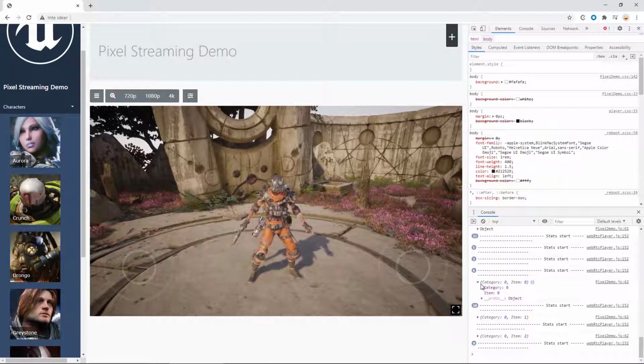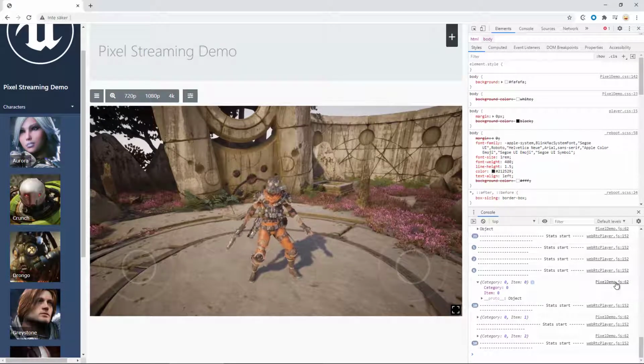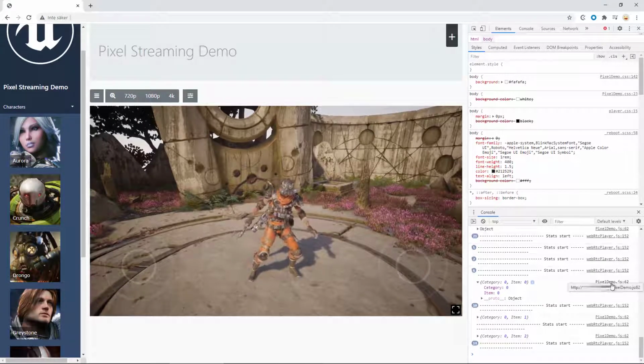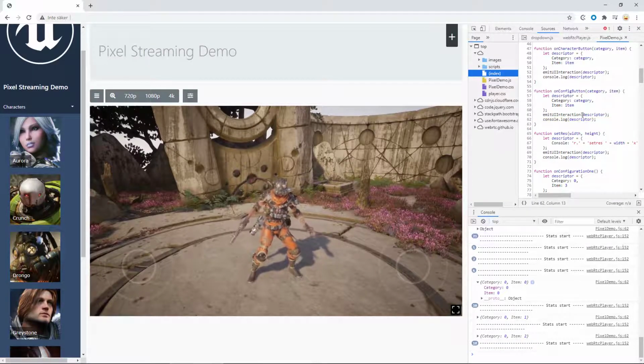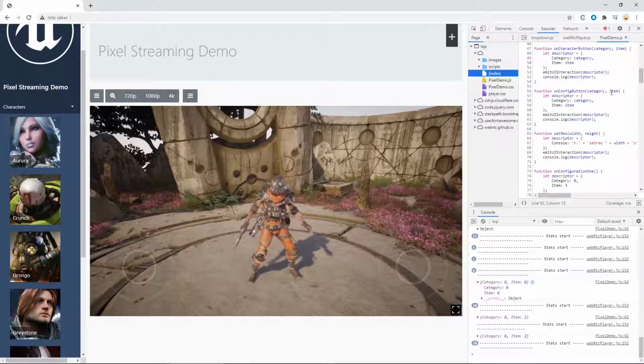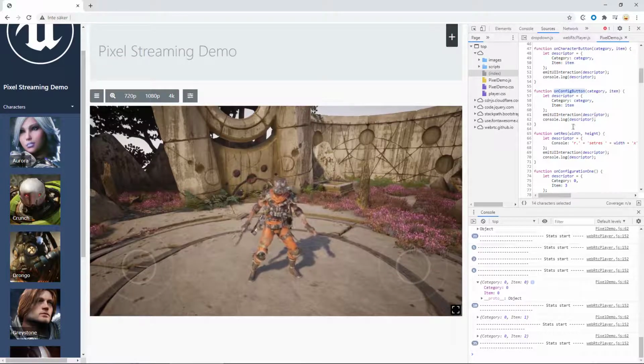These are sent using JavaScript in a file called pixeldemo.javascript that you can have a look at right here. It calls a function called onConfigButton that wants to receive a category and an item, which is decided in the HTML file. I'll show you how that works more later.